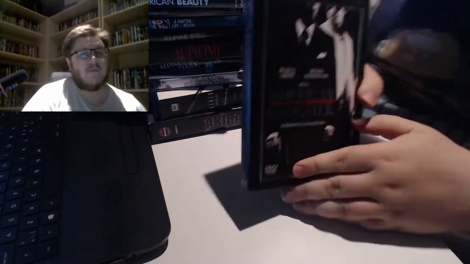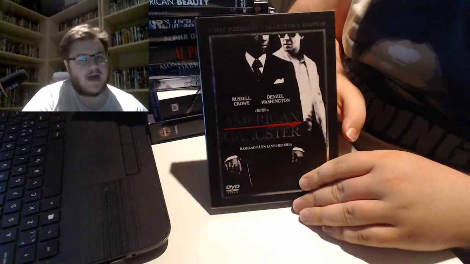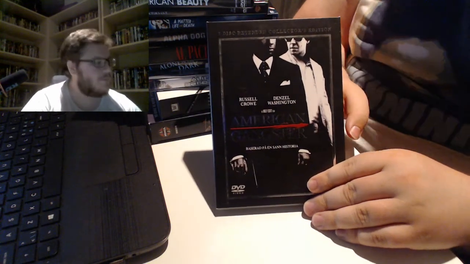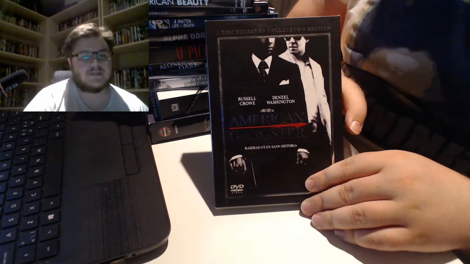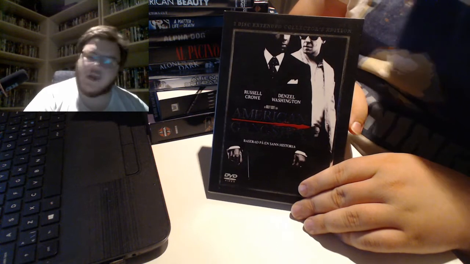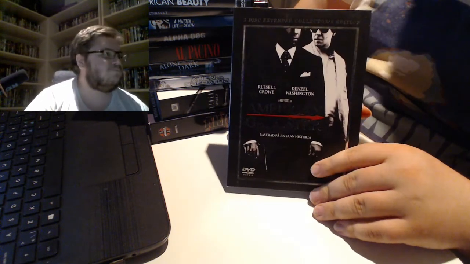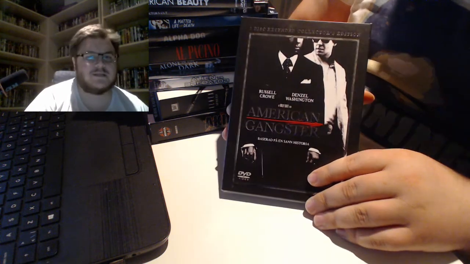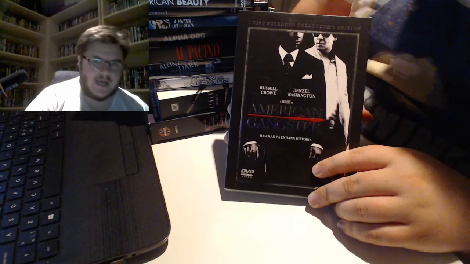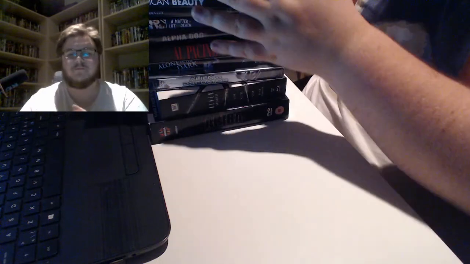Then we have American Gangster. If you like movies, you should not watch this. This is terrible. I don't even want to talk about it. This is once again from my friend's movie collection that I bought from him. It's terrible acting, terrible direction, terrible editing. Everything is terrible about this movie. This is one of like maybe 5 movies that actually made me angry and made me physically ill. It is some of the worst trash I've ever seen. I don't want to talk about it.